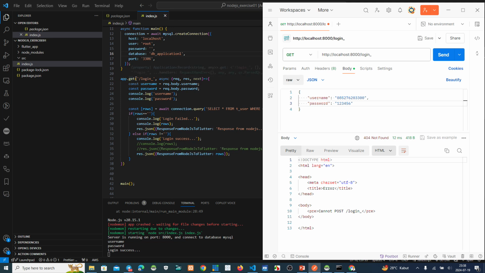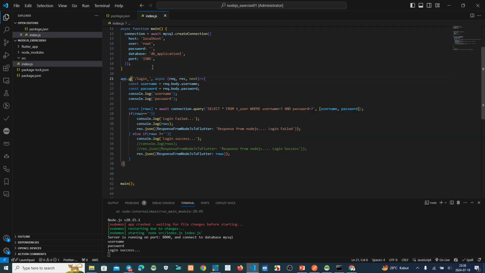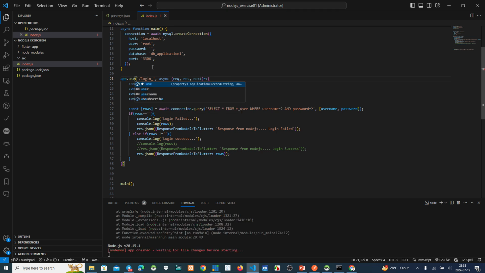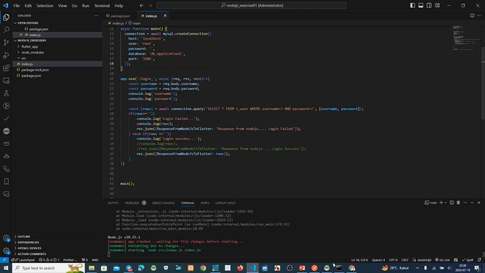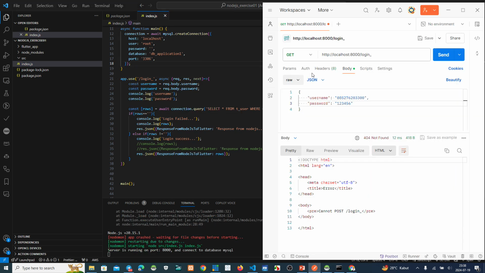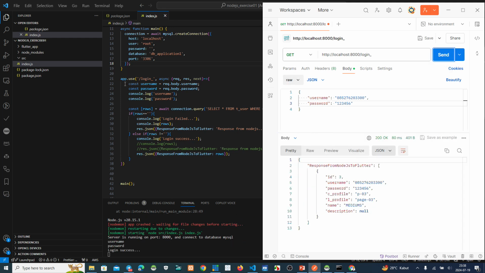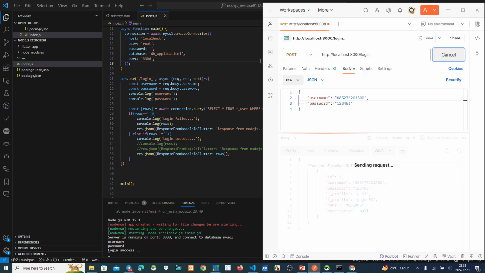But if you use this one, get, or use this one, so you can use every method, because the backend uses all methods, get, post, it's okay.